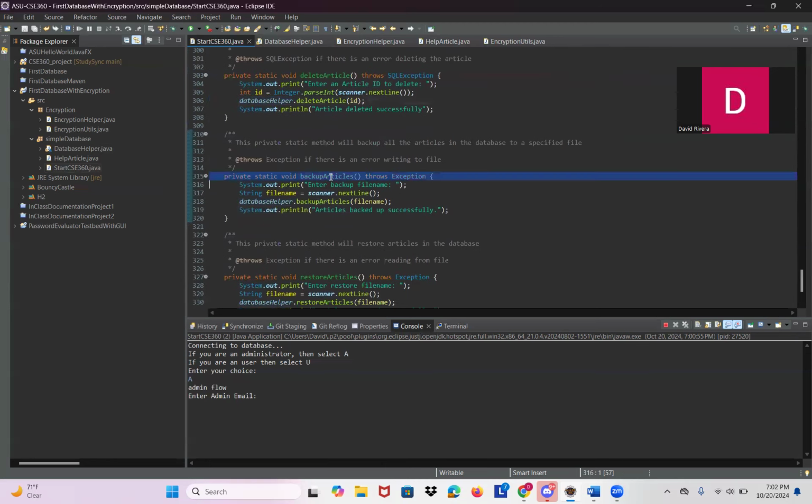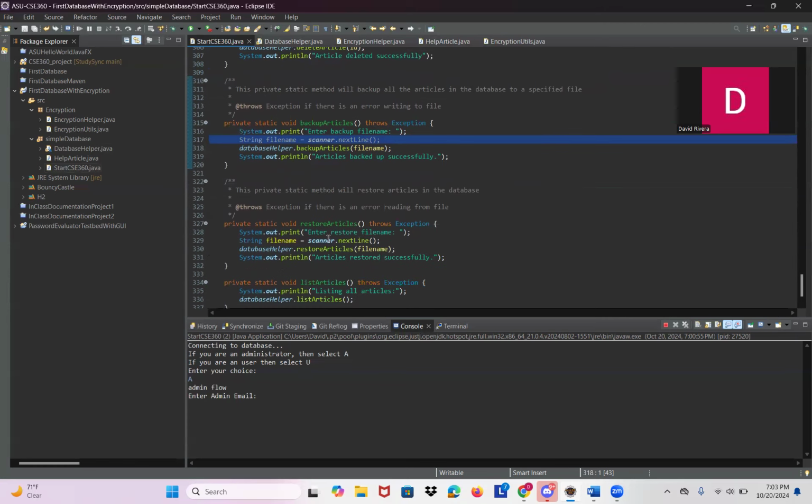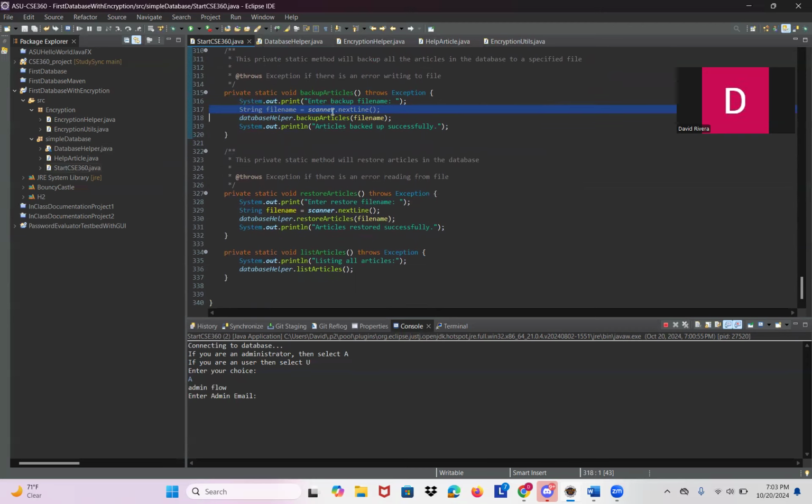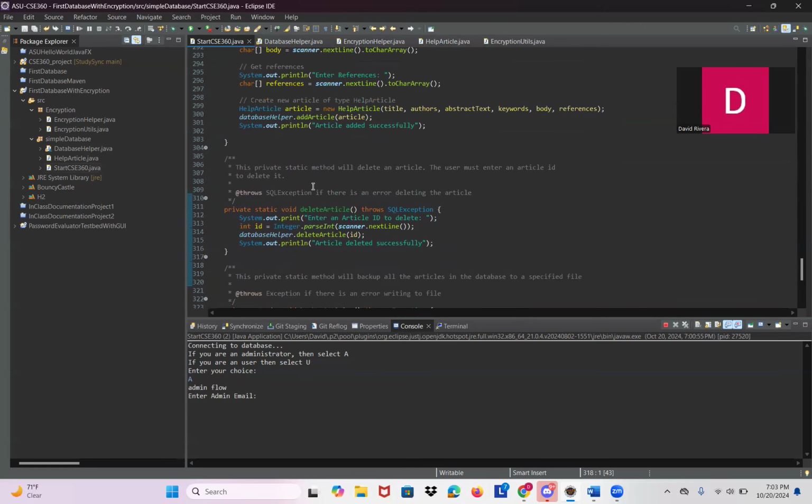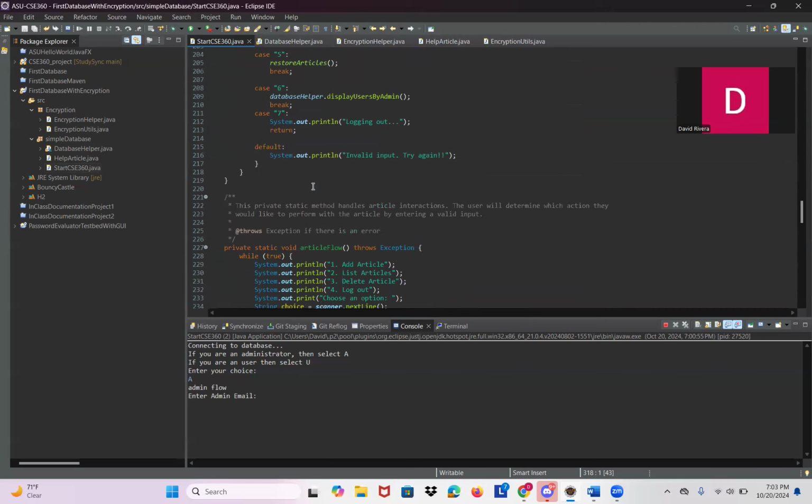This will back up files in the program. The user will specify a file name, and from there they will specify articles and back it up to a file, or it should back up the whole database. Actually, sorry, the whole database will be backed up into a file specified by the user. This will restore articles once again by file name, and this will list articles. Going back up to admin flow here,